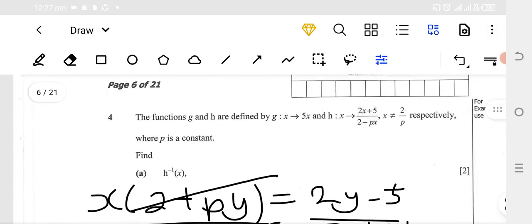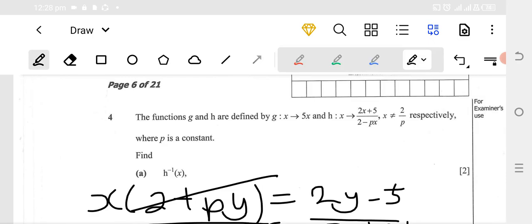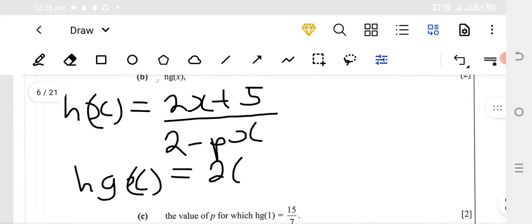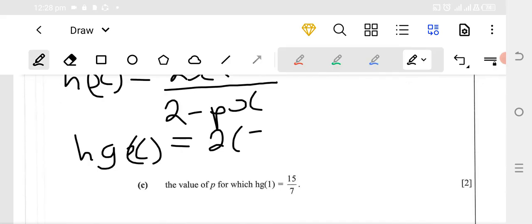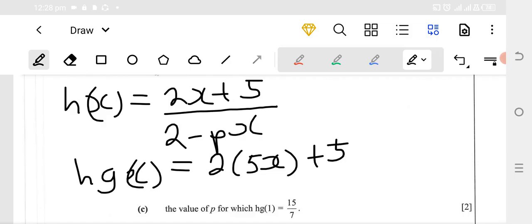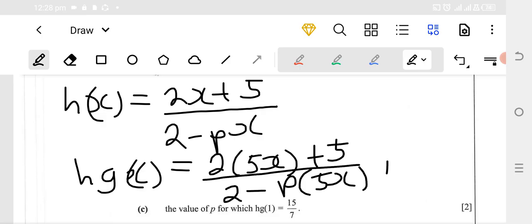So our g of x is defined by g of x is equal to 5x. Let me say it like that. So where there is x, we're going to put 5x. 2 multiplied by 5x, like that, plus 5, divided by 2 minus p multiplied by 5x,